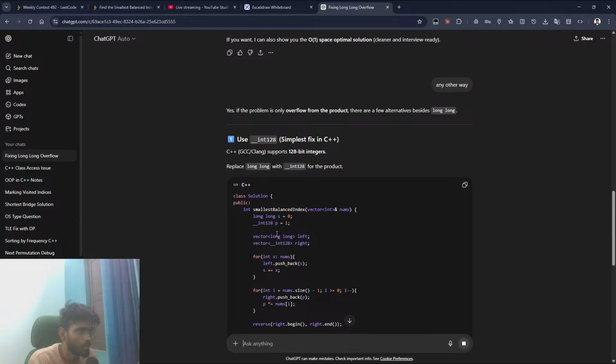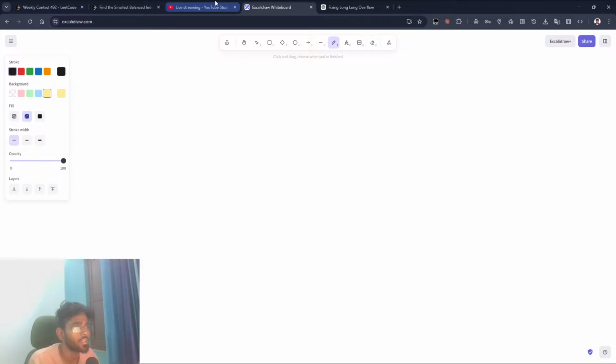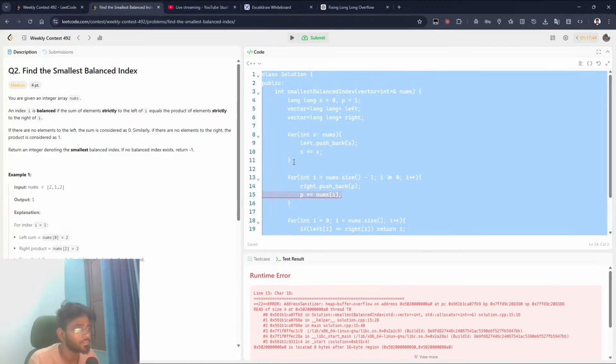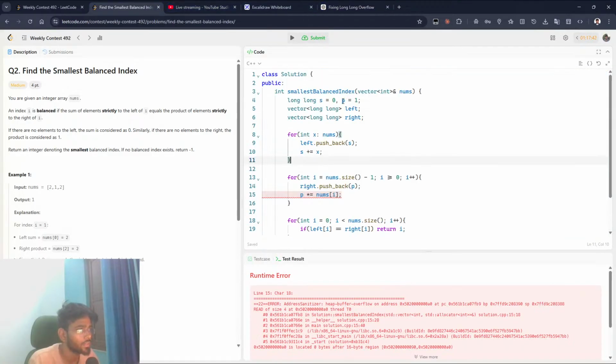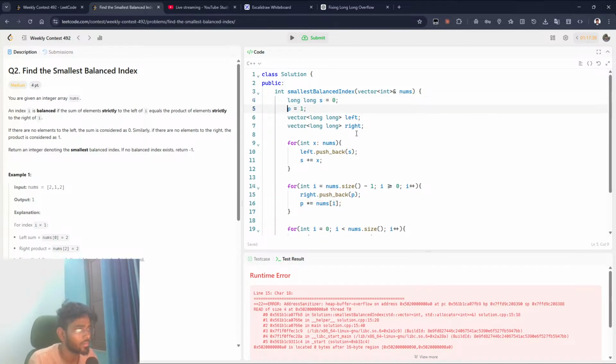Okay, int underscore int 128. Can we do double? That's what they are telling us. We can do double long s, and then this is double, and this is